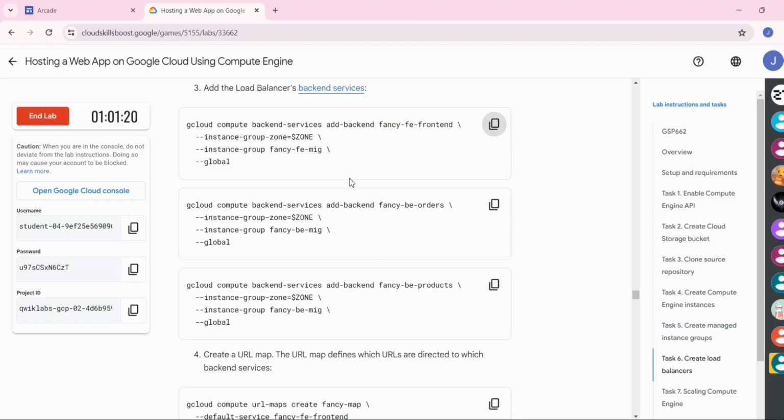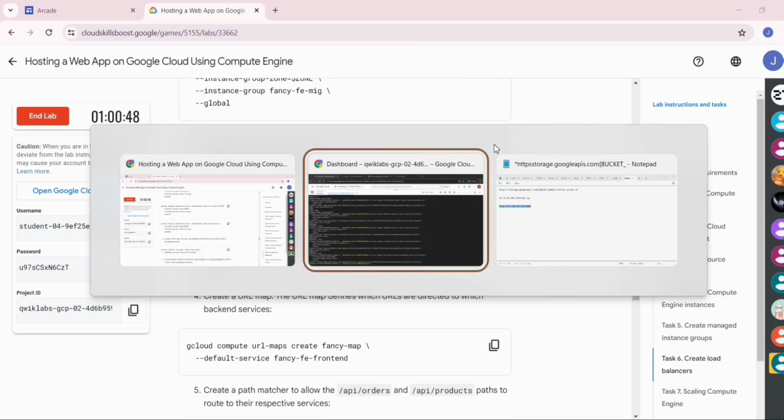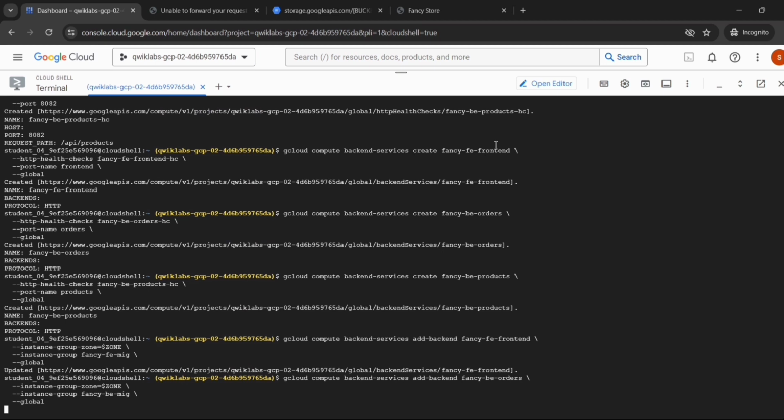Now go back to the lab instruction, copy this command, go to the Cloud Shell, then paste it, then press enter.